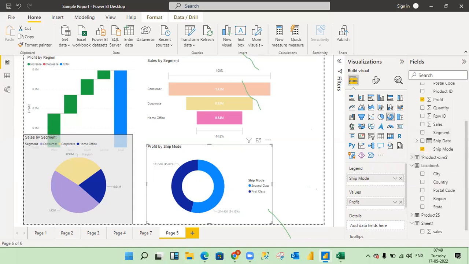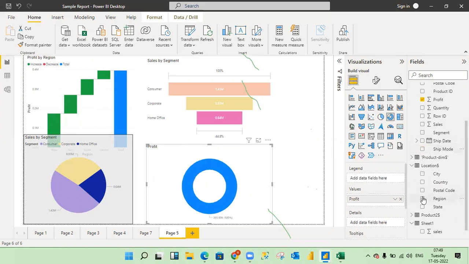If I select, okay, let me select, instead of ship mode, let me select region. See,